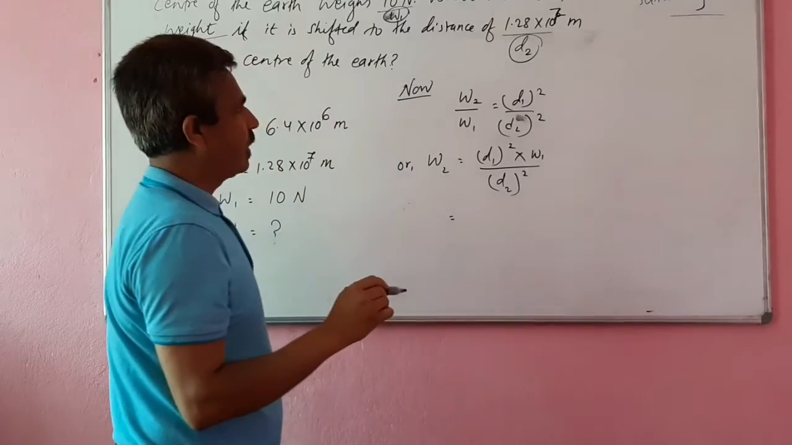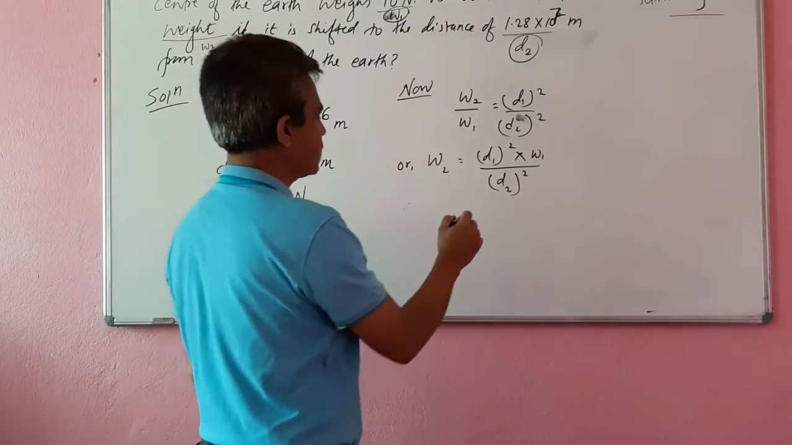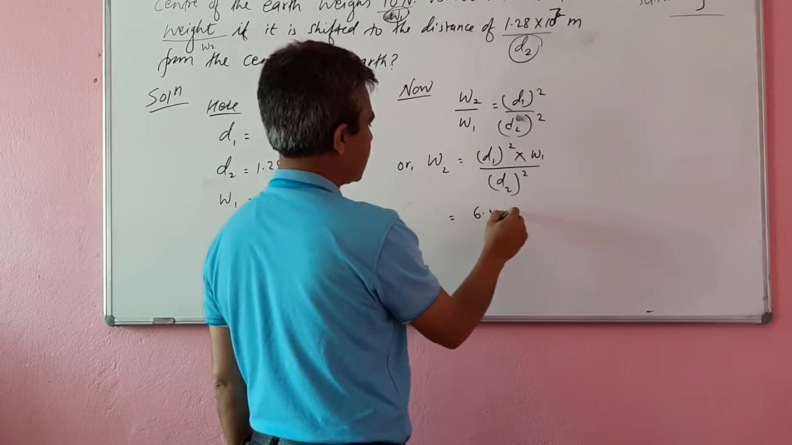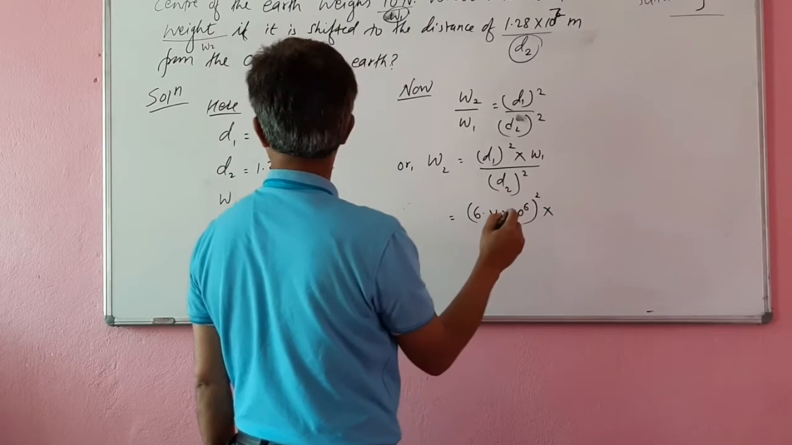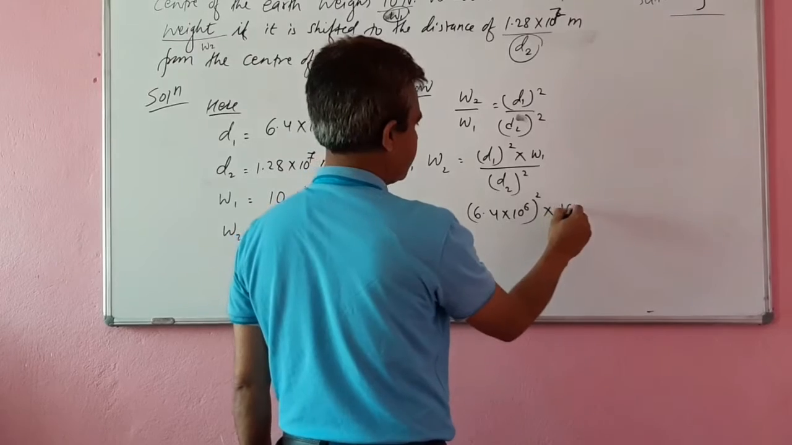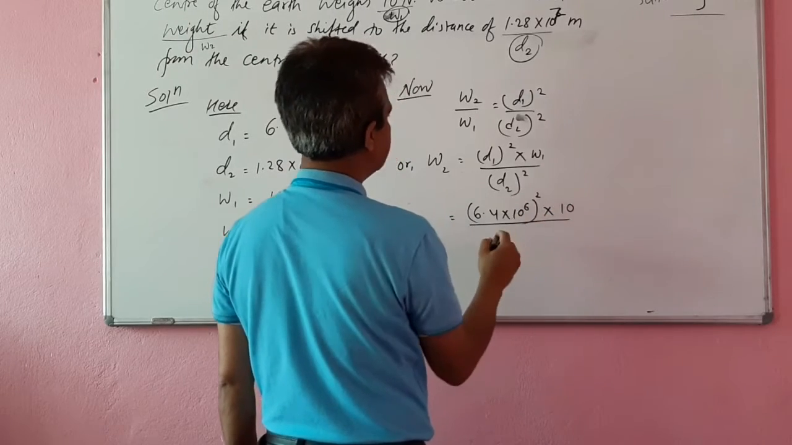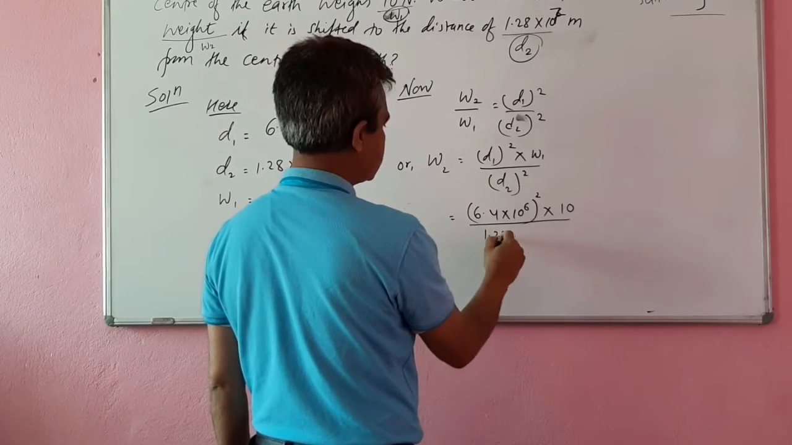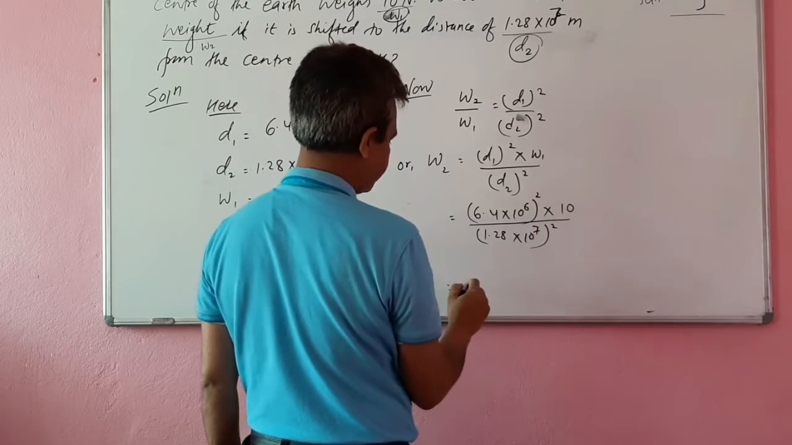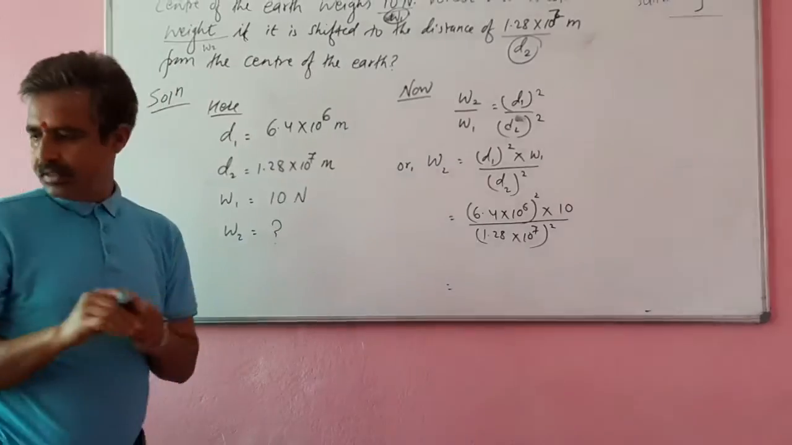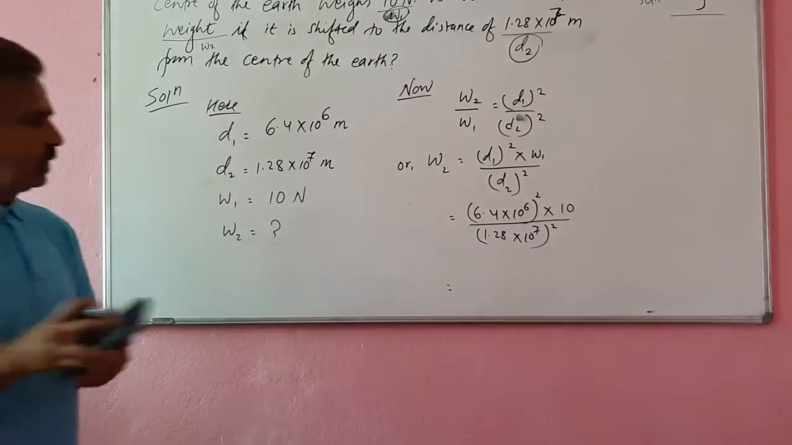Now substitute the value. D1 square means 6.4 times 10 to the power 6 whole square, multiply W1, which is 10, by D2, which is 1.28 times 10 to the power 7 whole square. Okay, friends. Now what to do? We have to calculate